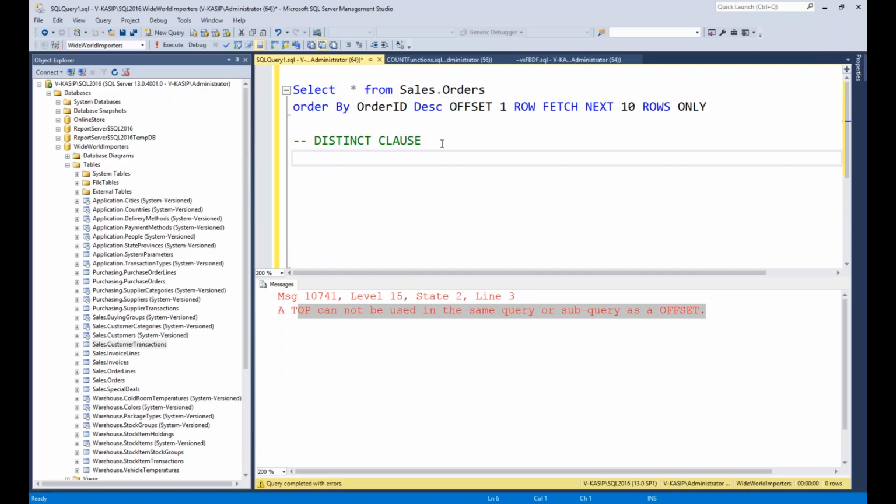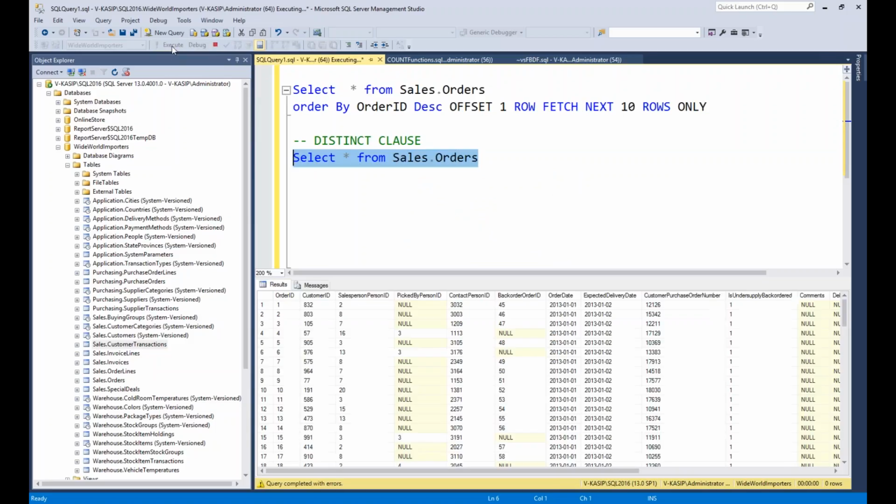Yeah, so that's the information. And coming to the distinct clause, suppose you have the same records, say employees with the same records, and you don't want the duplicate records in the result set. You just want one record, the distinct values. Let's take customer transactions, the orders table itself. Select star from sales.orders. If I see this information, order ID, customer ID and all these things, it tells us who all the customers made orders. If I want to get all the customer IDs who made an order,